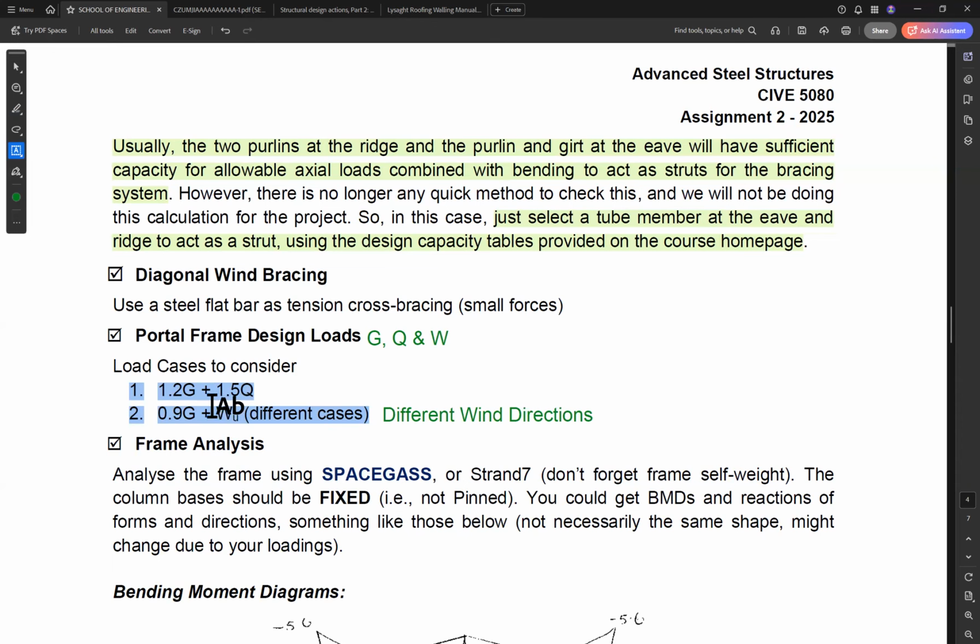Okay, where does this load combination come from? From the standard 1170.0. So if we open 1170.0, this is the general principle one. So the load combinations, as you know, we have,